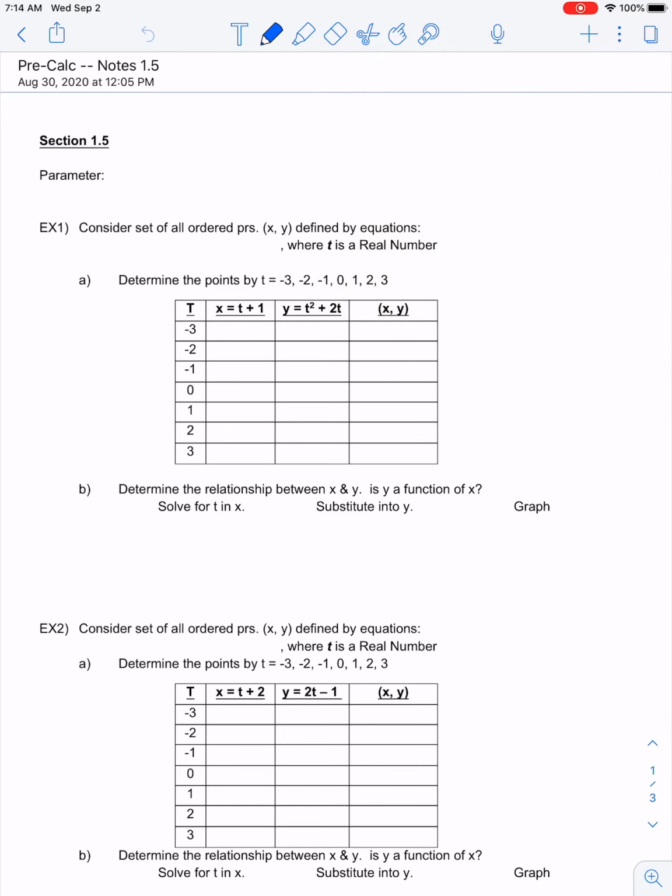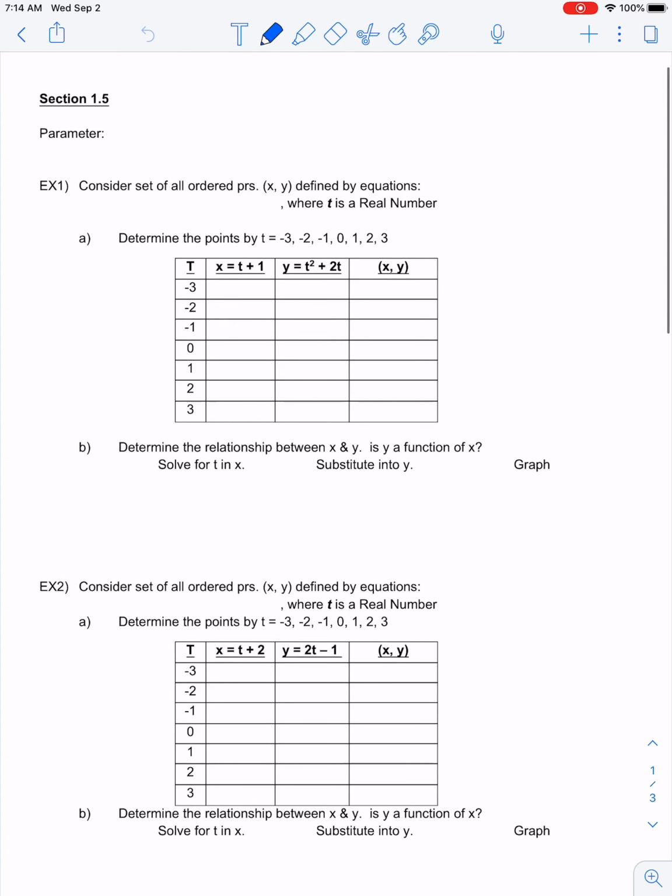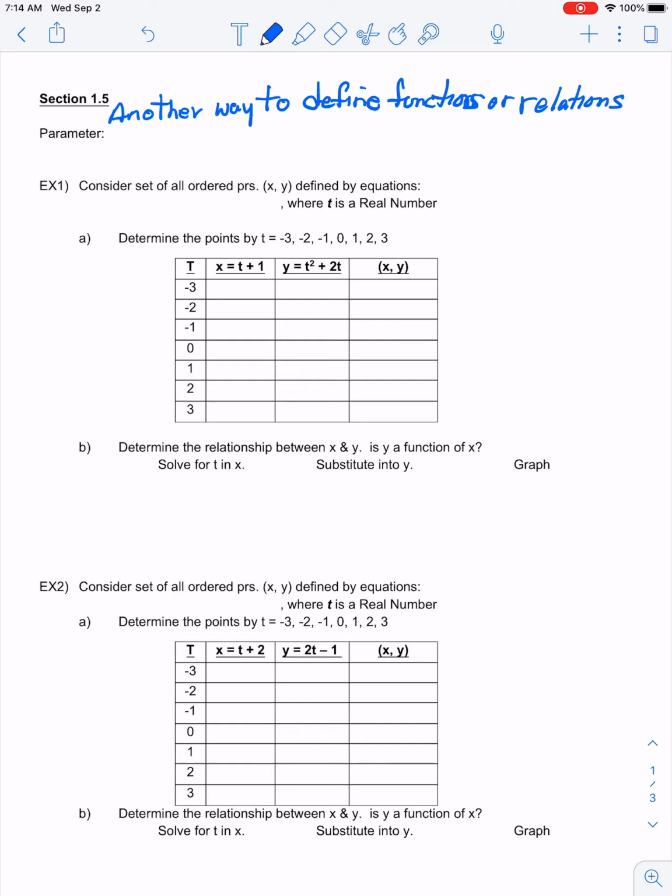In this video, I'd like to talk to you a little bit about section 1.5 and the use of parameters. Parameters are going to be another way to define functions or relations. So what we'll do is we will define both elements